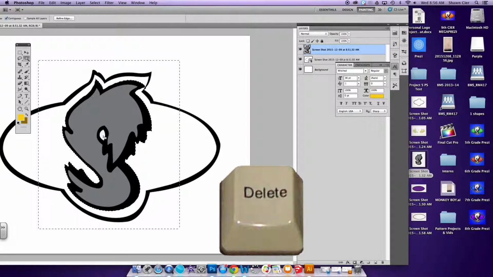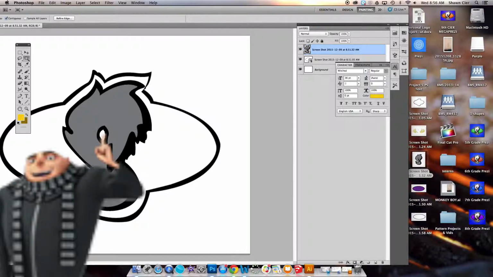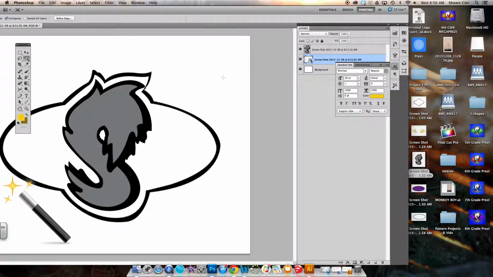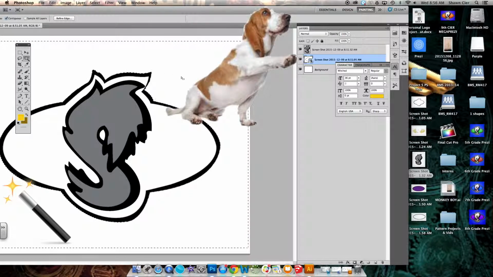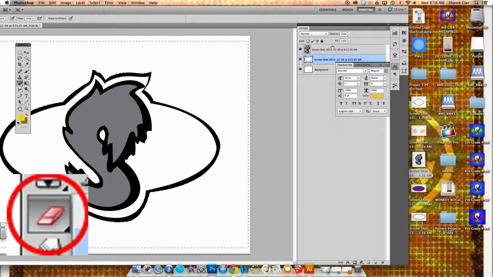Also, I know that there's a white space here that's still there, so I'm going to go ahead and delete that as well, even though I have no background telling me that. I know my own logo, so of course I know that. I'm going to go back to this layer and do the same thing. So I could use the magic wand, press delete, it won't work. I could skip that step now that you know what it is. I could just grab the eraser tool and then press OK and delete it,